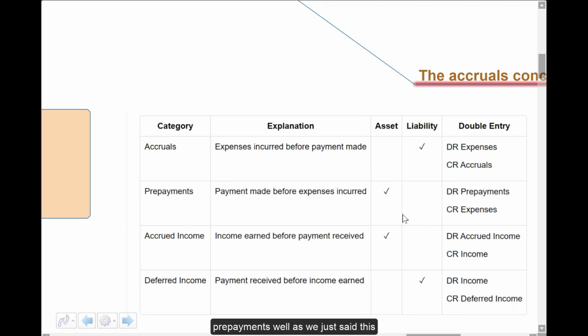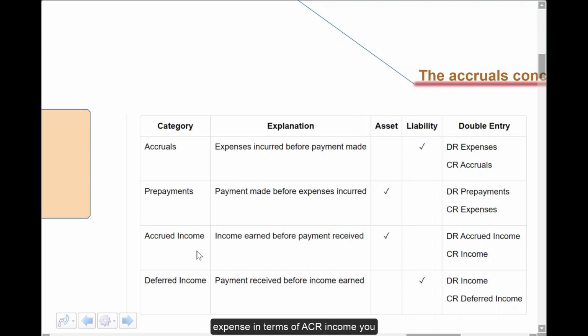What about prepayments? Well, as we've just said, this prepayment is an asset. So let's set it up as an asset. Let's increase assets under the banner of current assets. And indeed, let's reduce the expense. Why reduce the expense? Because when we incurred the payment, we debited that payment to the expenses. So for example, we paid electricity in advance, we paid rent in advance. In effect, that expense is top heavy. It's got too much in it. So we must remove the expense element that relates to next year, the prepayment, move it into prepayment. So create the asset, reduce the expense.